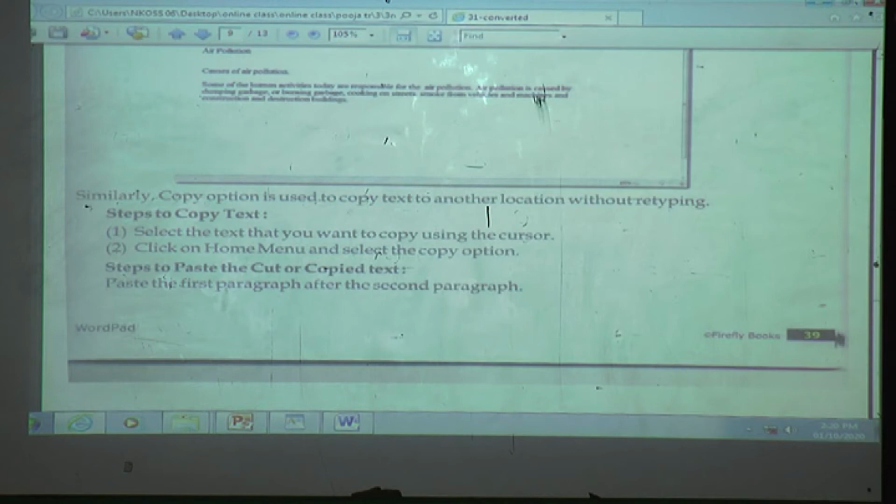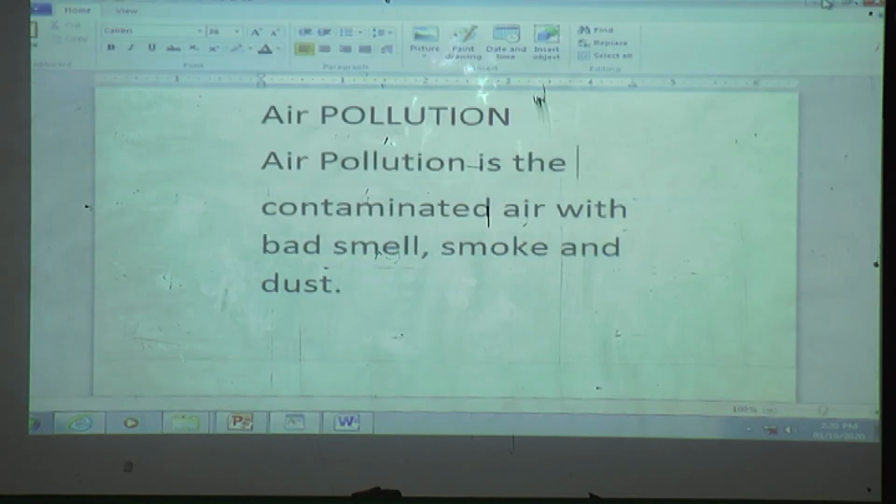Similarly, the copy option is used to copy text to another location without retyping. How to copy it? Step 2, copy text. How to copy the text? Suppose we write this one time and we want this same text on another page.